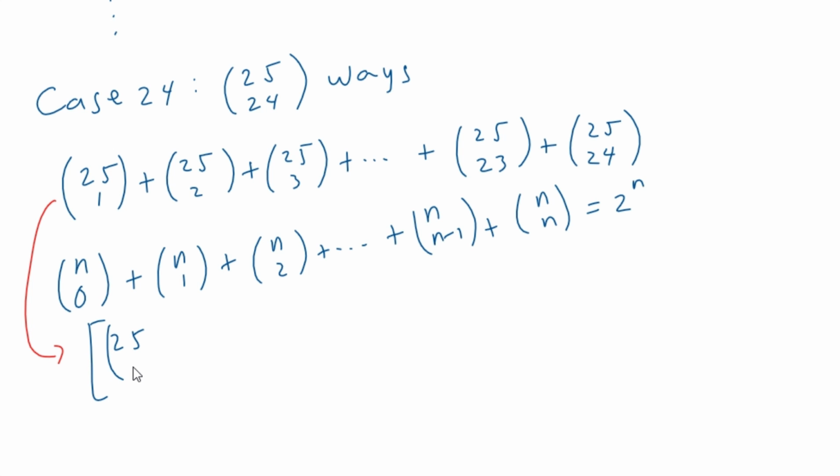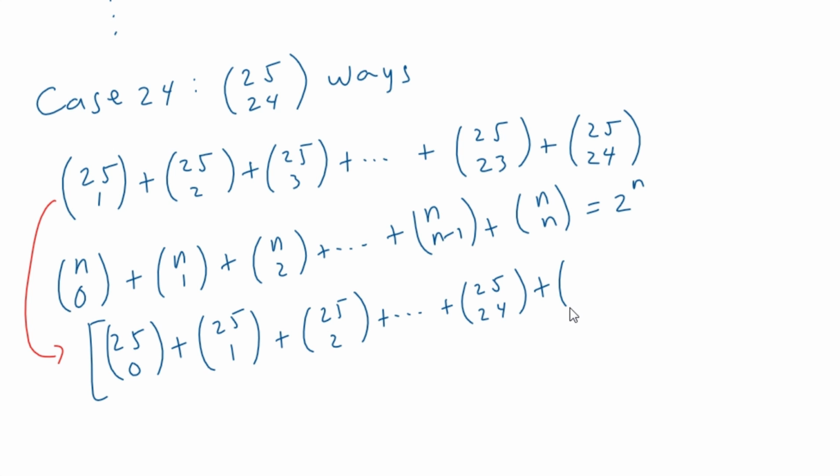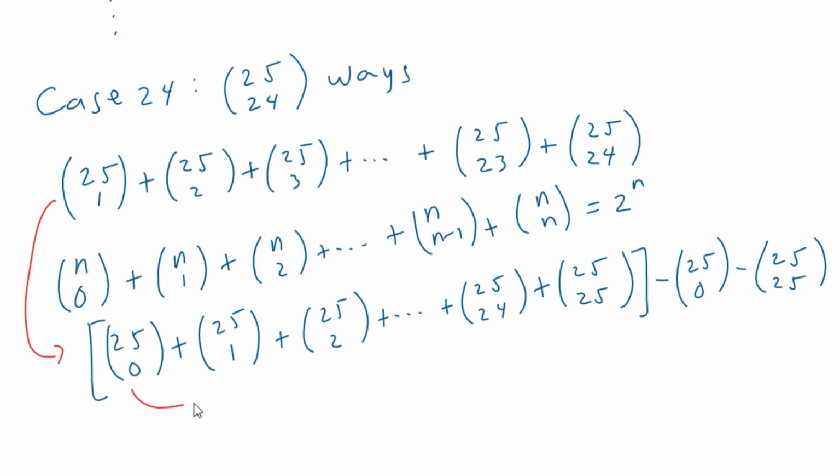25 choose 0 plus 25 choose 1 plus 25 choose 2 up to 25 choose 24 plus 25 choose 25, minus 25 choose 0 minus 25 choose 25. So now we can apply the given identity to this portion of the sum so that we get